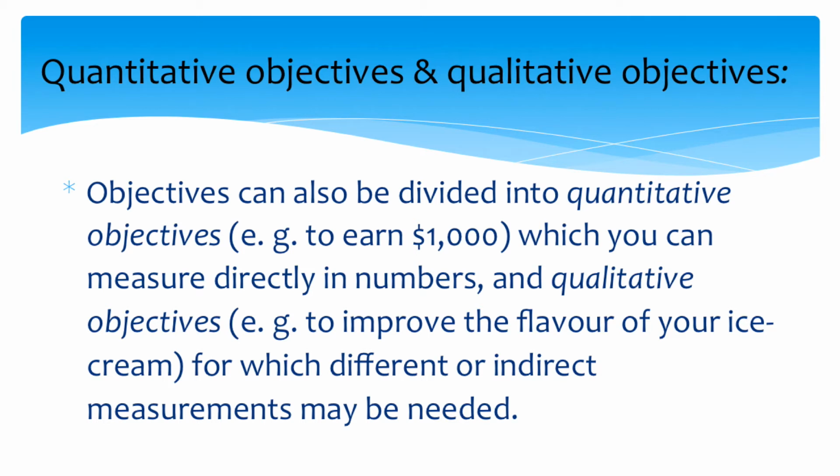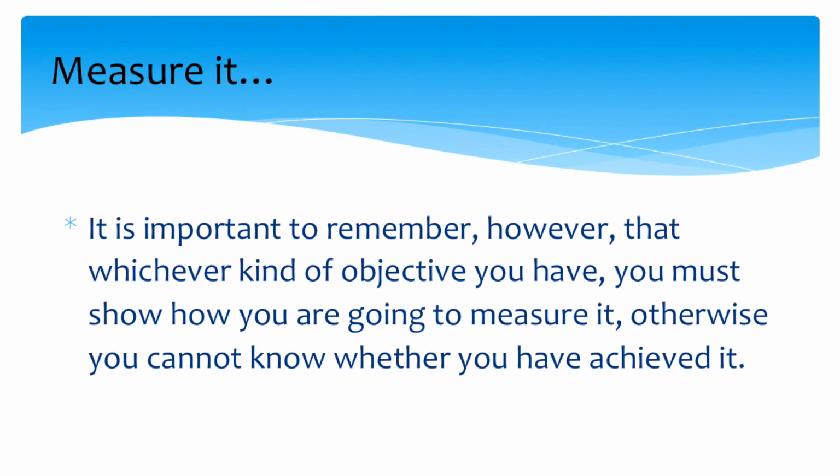Quantitative objectives and qualitative objectives，这里还有一个就是我们的目标是质的还是量的。Quantitative 是量，数量的量，Qualitative 是质量，本质的质。Objectives can be divided into quantitative objectives, which you can measure directly in numbers, and qualitative objectives, for which different or indirect measurements may be needed. 目标可以是量的，可以是质的。所谓量的，比如说挣1000块钱，这些量化的目标是可以用数字来衡量的。那么质的目标就比较间接了，就不好用数字直接来衡量。这里举例说，比如说你是卖冰激凌的，你想提高一下你的冰激凌的口味，这个用数字不太好衡量，可能要间接一下。